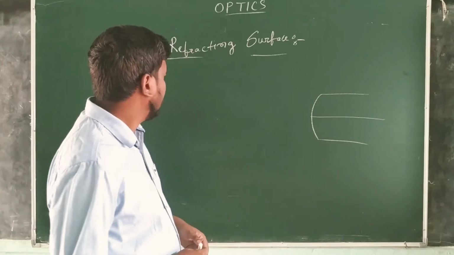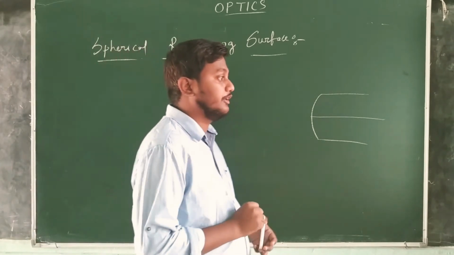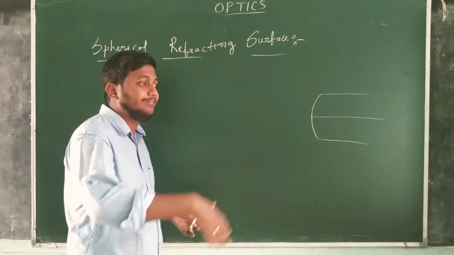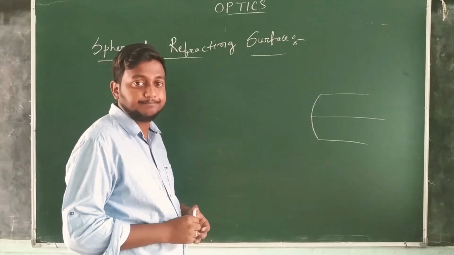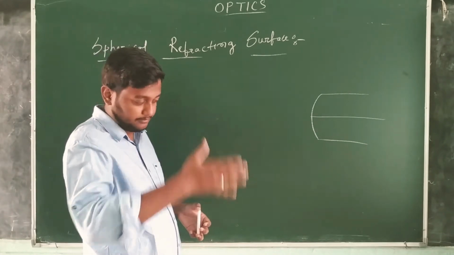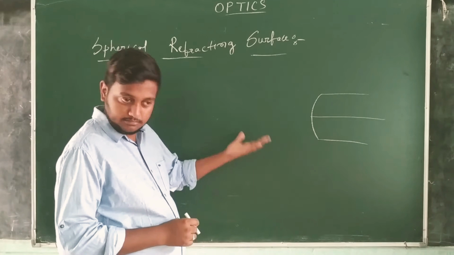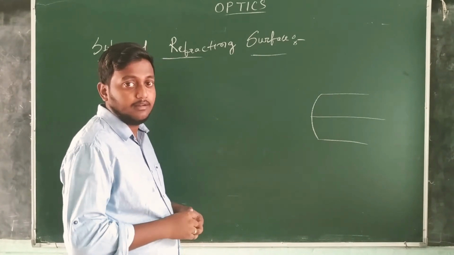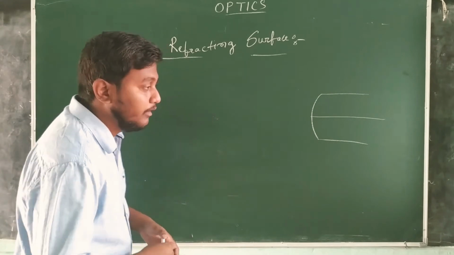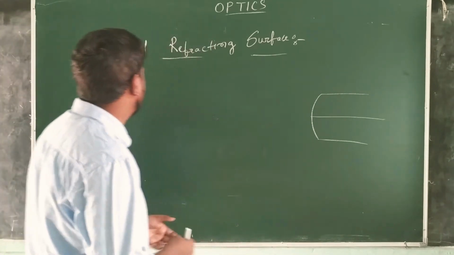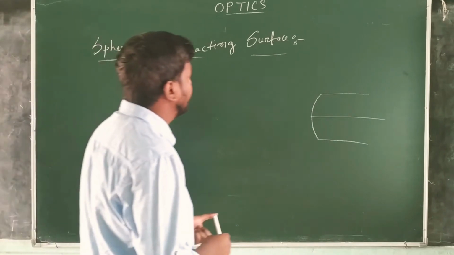In the case of a mirror, you just take a hollow sphere and cut one slice. Then you use this slice as a concave mirror or convex mirror, depending upon the painting. Similarly, the spherical refracting surface